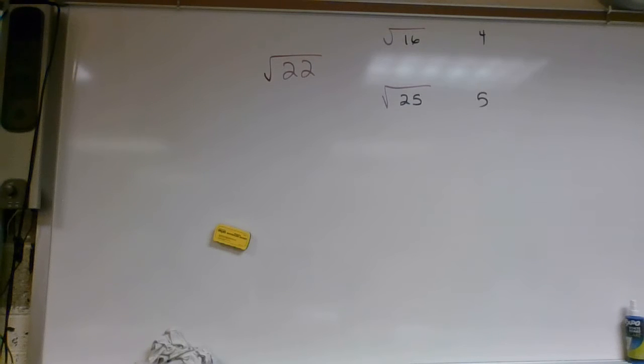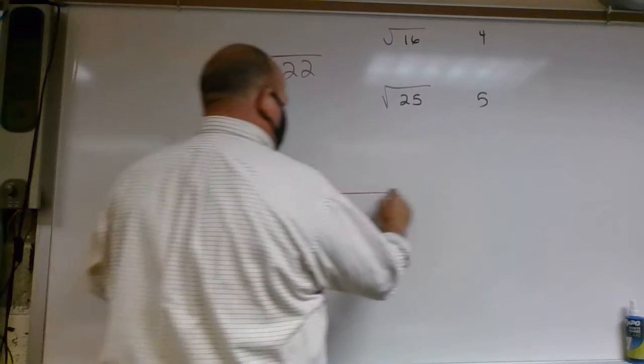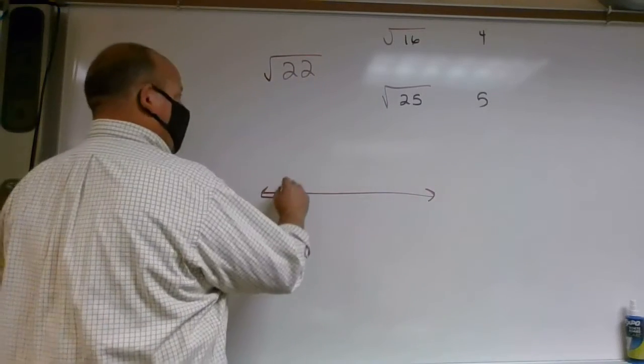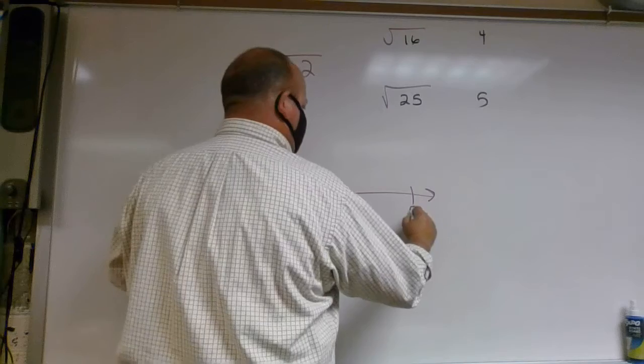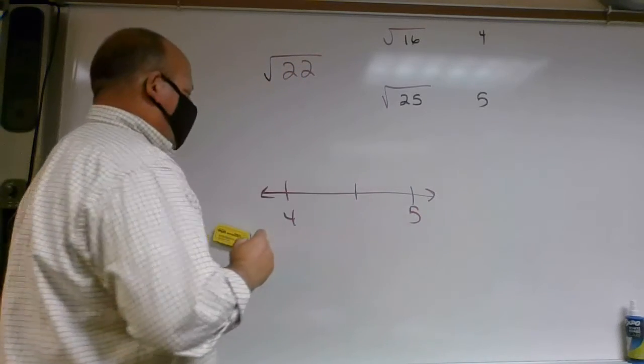You're one step ahead. If you don't need to sit here and write out the square root of 16 and the square root of 25, don't do it. Just go to the perfect squares that you know. The square root of 16 is 4, the square root of 25 is 5. I just do this because I'm old and I want to go through the steps and make sure everybody's all hunky-dory. It's between 4 and 5, and the dead center middle between 4 and 5 is